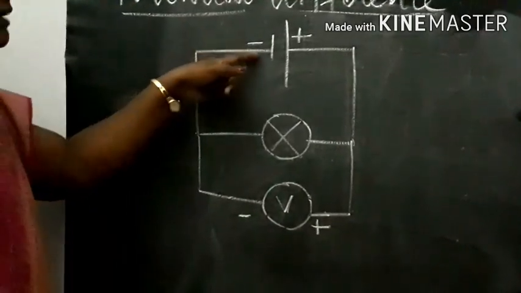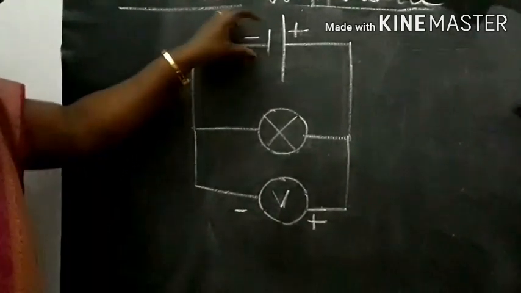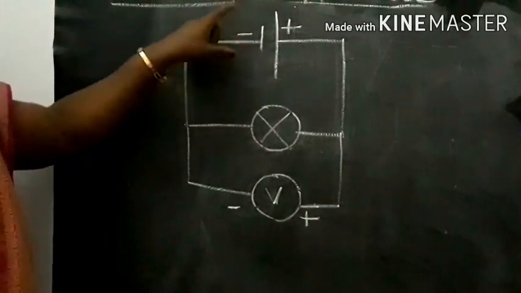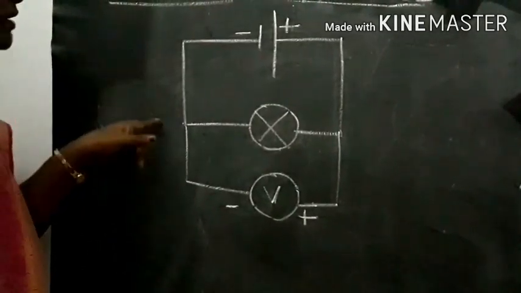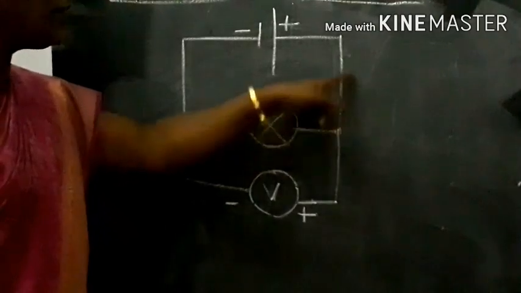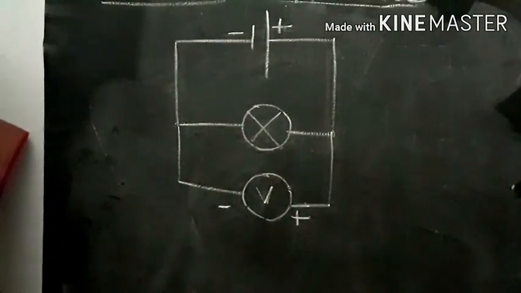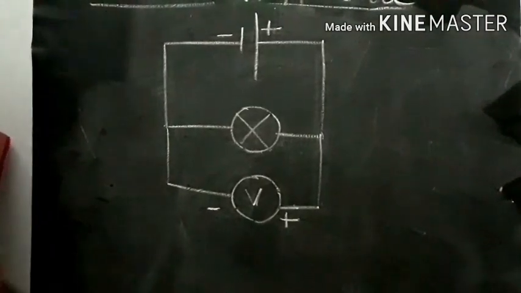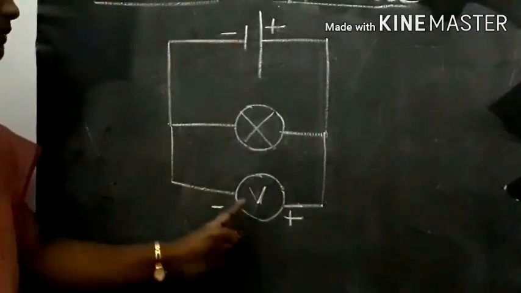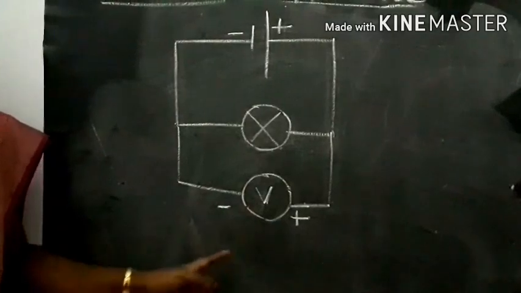So whenever there is a chemical energy in the battery, a potential difference is maintained which drives the unit charge from one point to the other, and again it reaches. So the electron flows, so there will be flow of current in the circuit, and the voltage created in the battery can be measured by using the voltmeter.